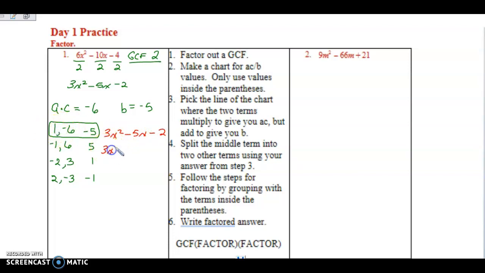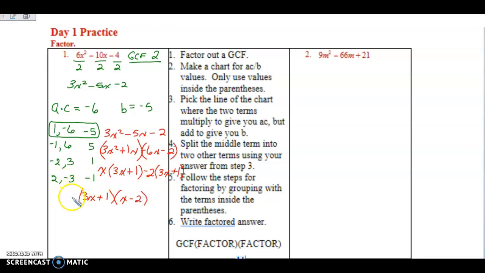So 3x squared plus 1x minus 6x minus 2. Now I can break these up into two groups. Looks like I could take x out of both of those, and that would be 3x plus 1. And I can take negative 2 out of that, and that would give me 3x plus 1. So my 3x plus 1 times my x minus 2,